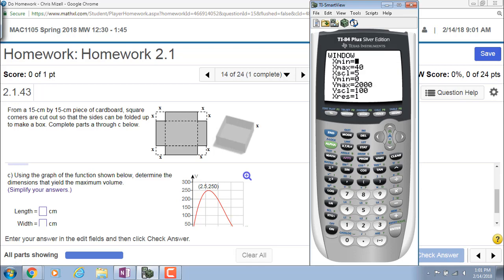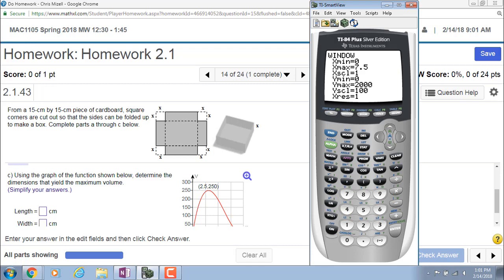And for our viewing window, x-min of 0 and x-max of 7.5 I think would be appropriate because that's our domain. X-min 0, x-max 7.5, x-scale of 1, because that's not many tick marks between 0 and 7.5 if the x-scale is 1. The y-max,